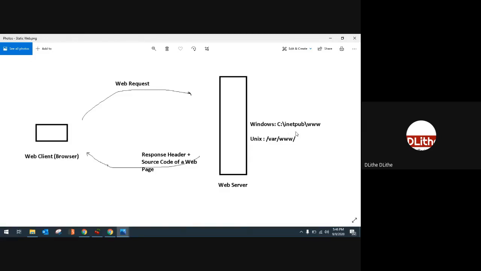You'll be storing it in some location on your computer, and you will start IIS or Apache or Nginx, whatever it is. As soon as you run it, the computer will become a web server, right? This is one way. When a client wants to access your website, he will send you a web request. He will send you the page link, and the web page will be fetched and given to the client as it is.